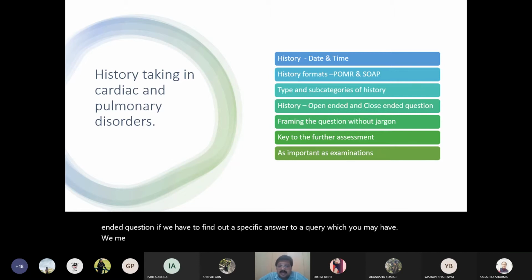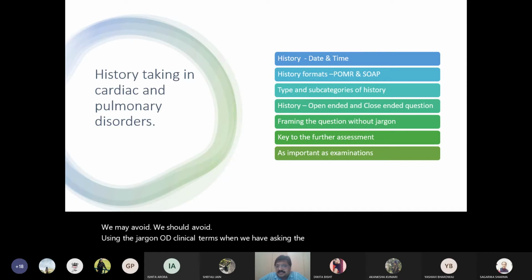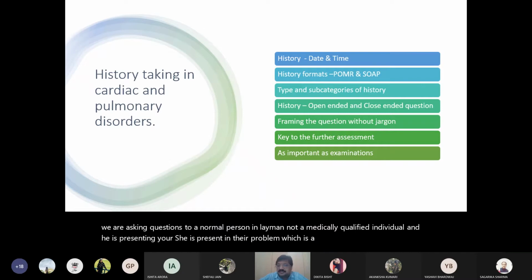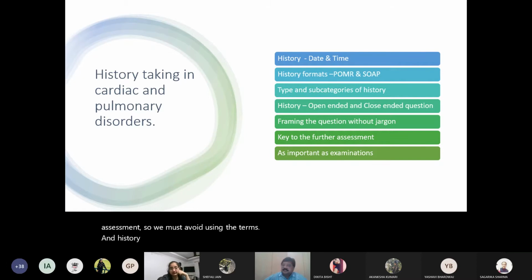We should avoid using jargon or clinical terms when we are asking the question. We must keep in mind that we are asking the questions to a normal person, a layman, not a medically qualified individual, and he or she is presenting their problem, which is a key for the further assessment. So we must avoid using the terms. And history is as important as the